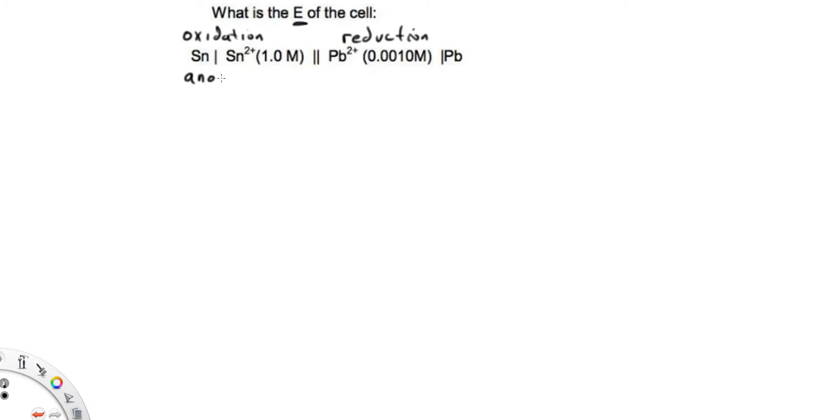Oxidation always happens at the anode. Reduction always happens at the cathode. The anode is always on the left, the cathode is always on the right in this notation. So if we were to look at the table in the textbook of the standard electrode potentials, we would see